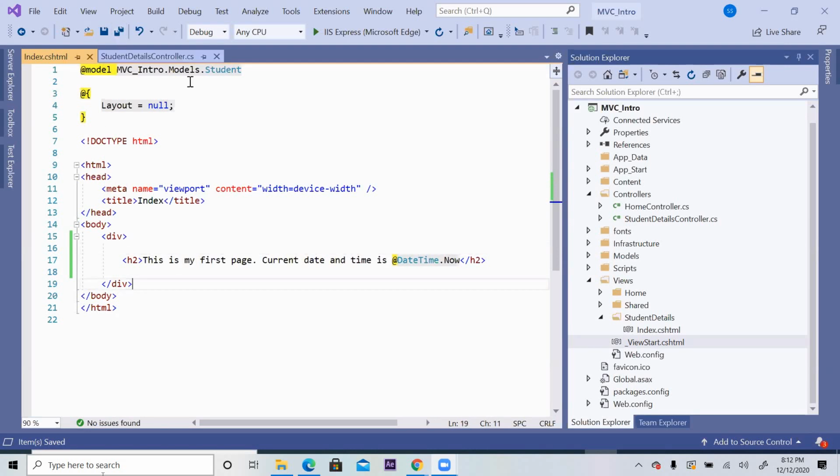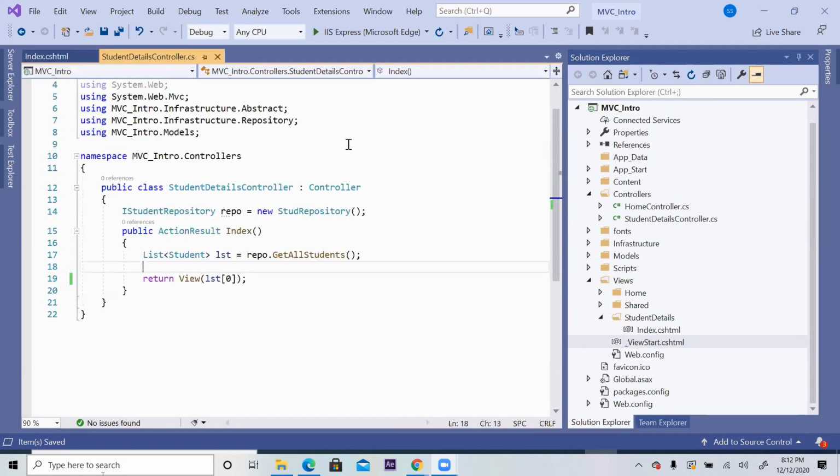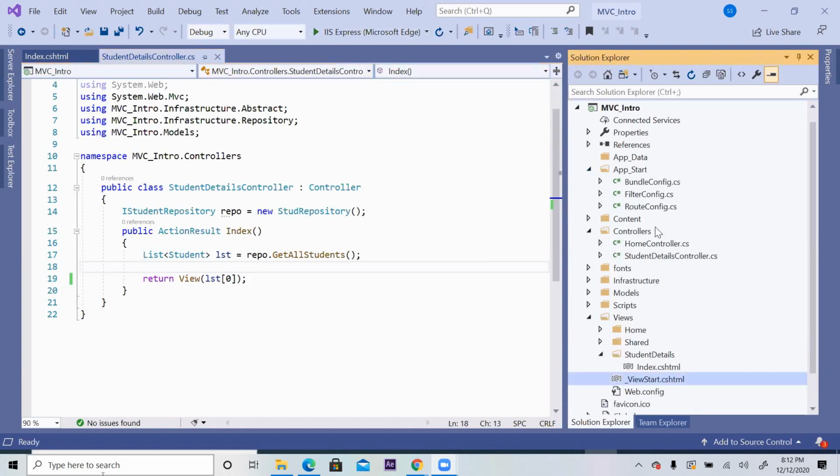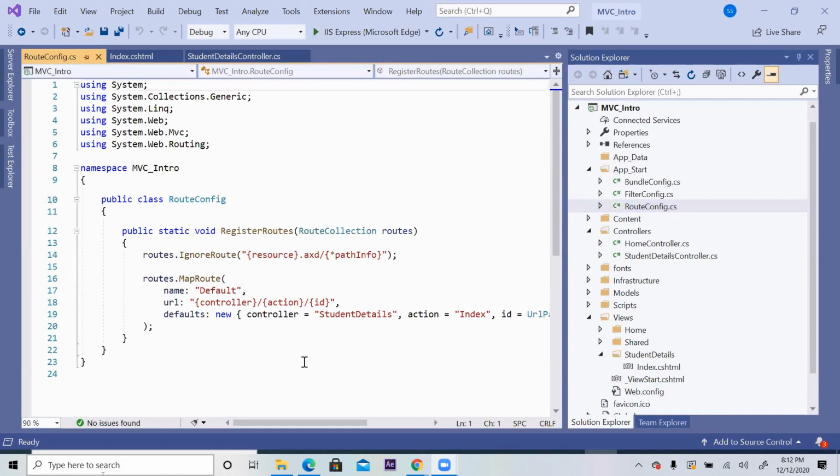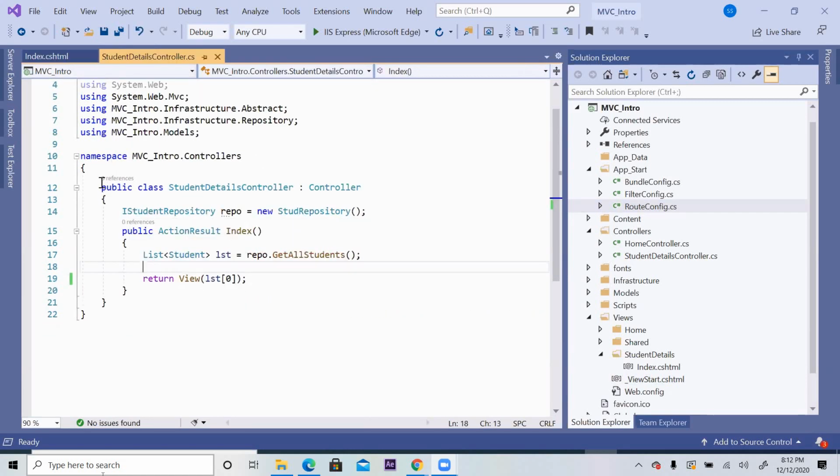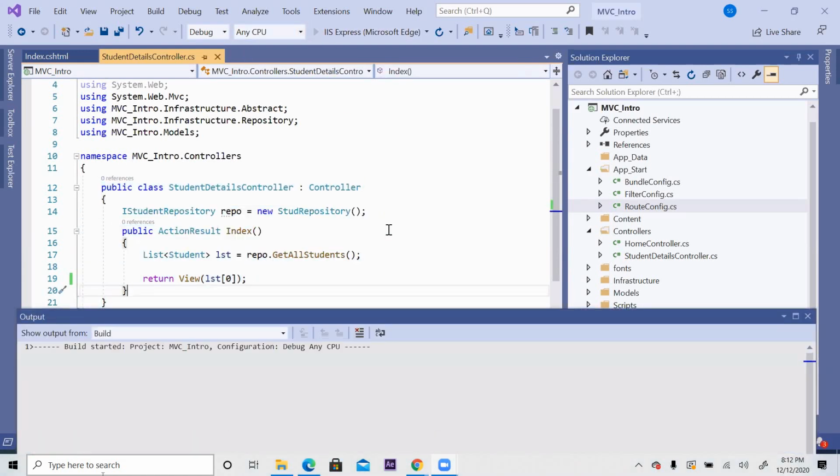So run it and see whether it is displaying some content of HTML as well as some content of C#. I think routing we have already set. Student details, index action method. So it will come here, student details and index action method. Run it and see whether it is displaying. This is my first page.